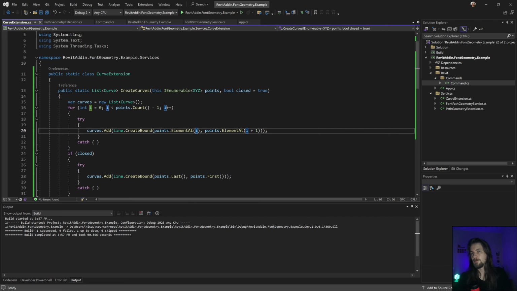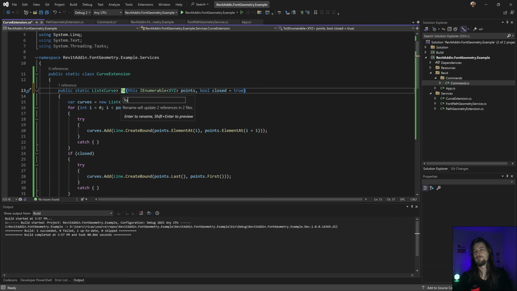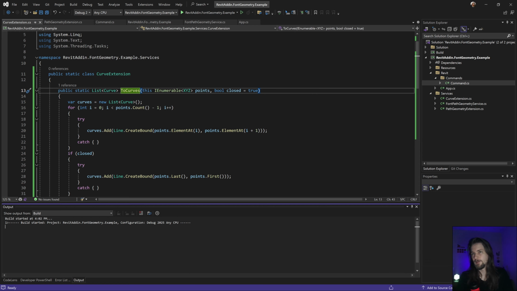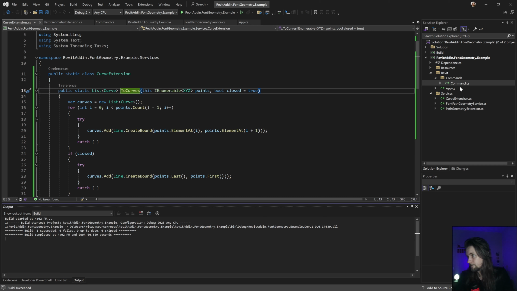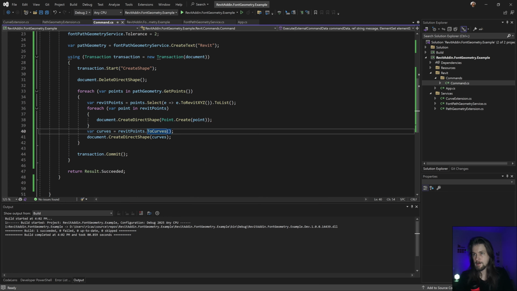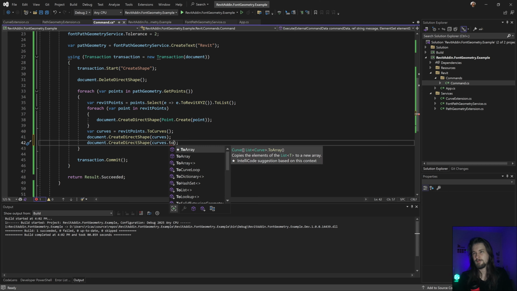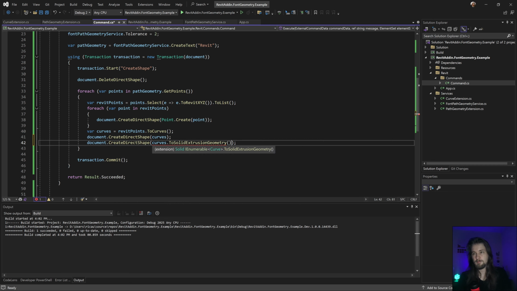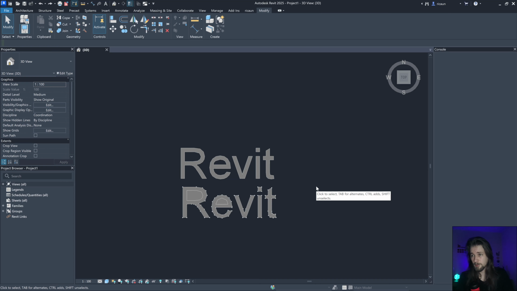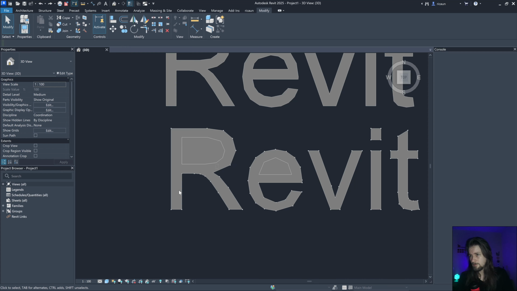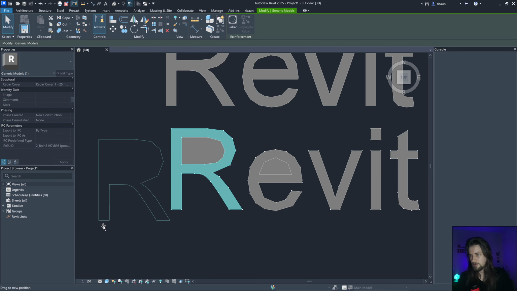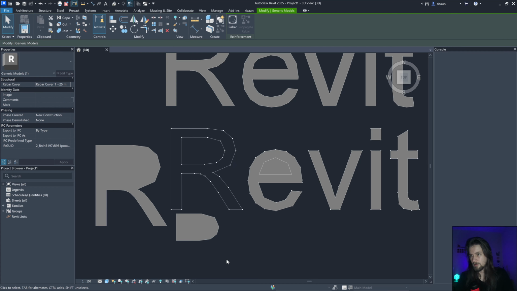Yeah, but it could show curves. Yeah, not a big fan of the name, but okay, that should work as well, at least for testing. And after this one, I just need to do something like this, to solid extrusion, I guess. And this should work.